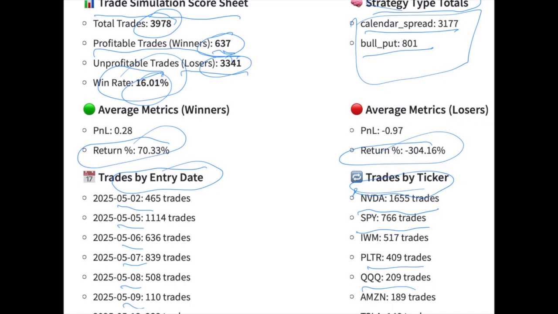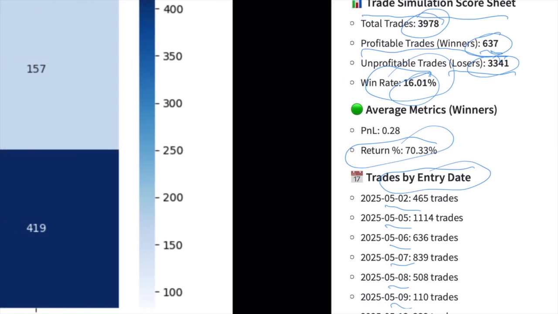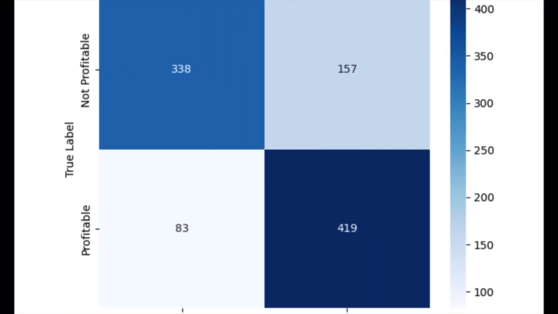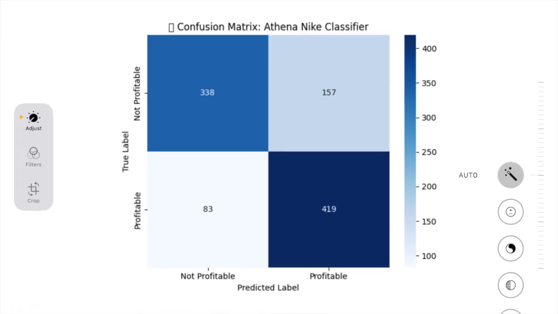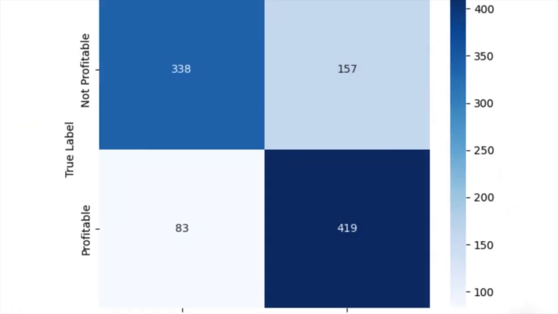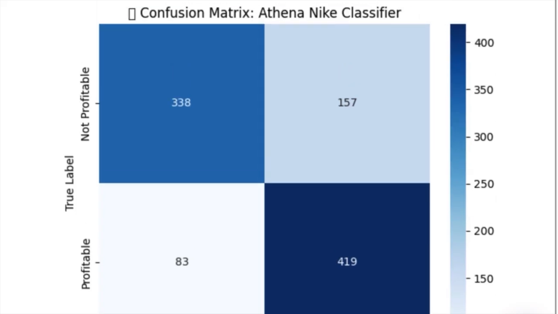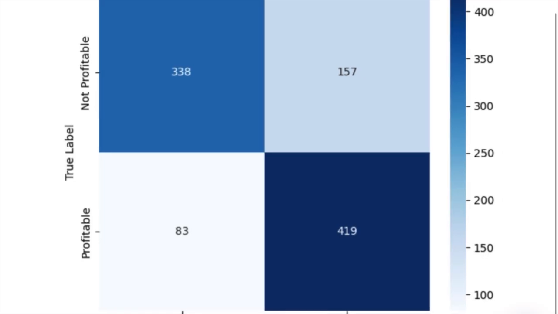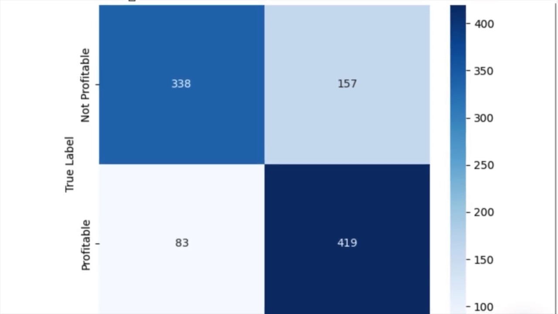So just like we have a score sheet for our trade, we have a score sheet for our machine learning models. And that is what you see here. This is the confusion matrix for the Athena Nike classifier. There's enough models around here. They have to have names, otherwise you can't keep up with them. So what we're looking at here